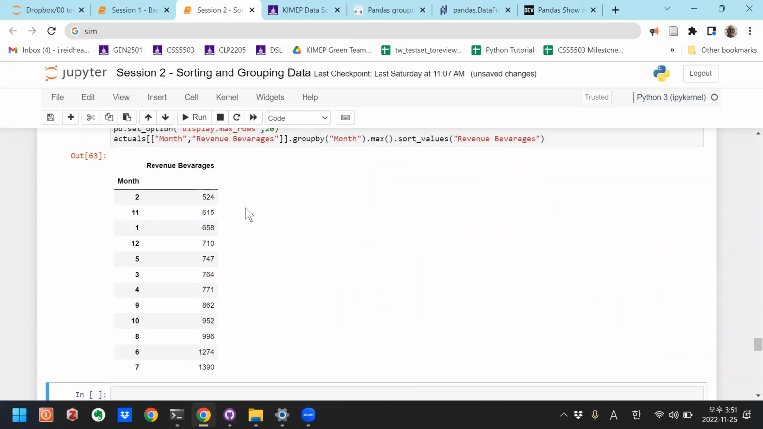So the cheapest month, the beverage revenues are lowest in May. They're also low. It looks like these are winter months, right? So they're lower in the winter, higher in the summer, right? And then in the middle, we've got spring and fall, right? You could also sort them by month, right? And maybe